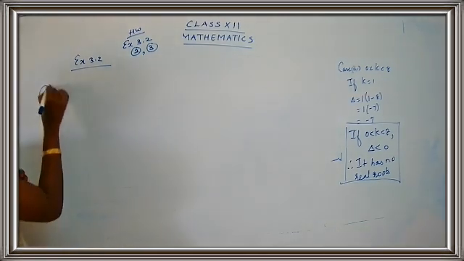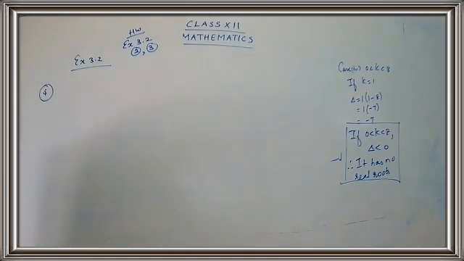Okay, let's go for sum number 4. What is the question given to you? Find a polynomial equation of minimum degree with rational coefficients having root 5 minus root 3 as a root. Now here root 5 minus root 3, yes, that's the last point, third point, where you have p and q as rational numbers and root p and root q are irrational numbers. So we have to take one root that is given to you. Now you have to find 3 more roots. Yes. So let's write down: find a polynomial equation of minimum degree with rational coefficients having root 5 minus root 3 as a root. Write down.